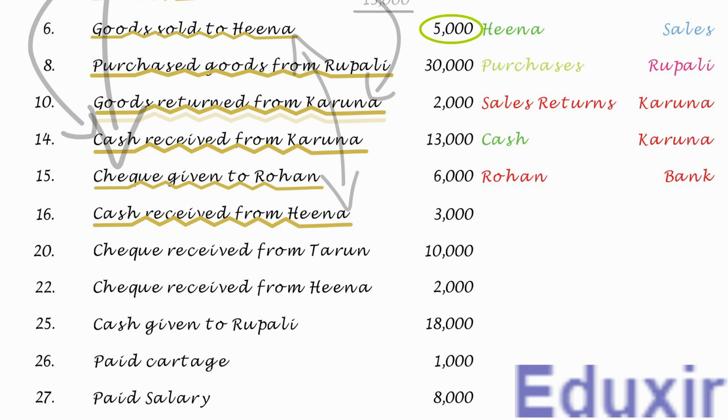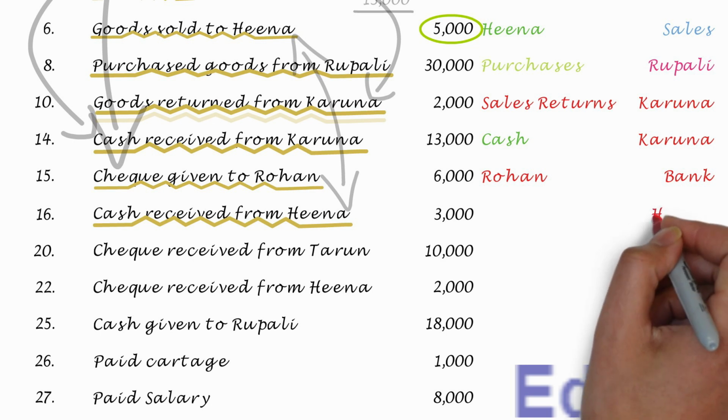When the cash is received from the debtors, the liability of the debtor to pay the business decreases. Note here that I am talking about the liability of the debtor to the business and not the business liability. In other words, the debtor asset Hina will be decreasing. The rule to record any decrease in the asset is to credit the corresponding asset account. In this case, the debtor Hina account should be credited.